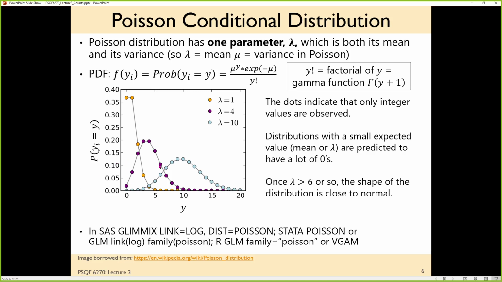So purple is what it looks like with 4, and then blue is what it looks like with 10. After a certain point, the distribution does become symmetric and normal looking. However, this yoking of the mean and the variance to be the same number is the problem. It's still not normal, because a normal distribution has a separately estimated variance that's supposed to be constant regardless of what the predicted mean is. In the Poisson, the variance is non-constant as a function of the mean itself. So it's not the normal part that's the problem, it's the non-constant versus constant variance part.